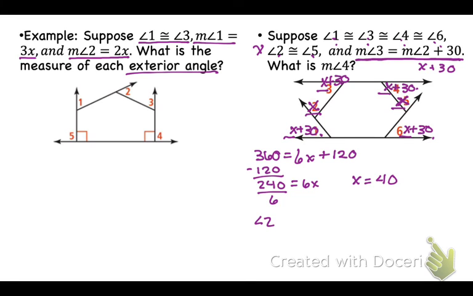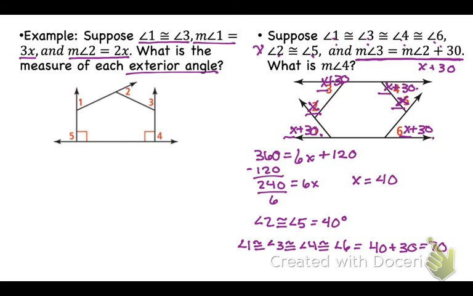So angle 2 is congruent to angle 5, which is what? 40 degrees. So would it be 40 plus 30? Yep. And then angle 1 is congruent to angle 3, which is congruent to angle 4, which is congruent to angle 6, which is x plus 30. We have to write all this, though. So 40 plus 30 is